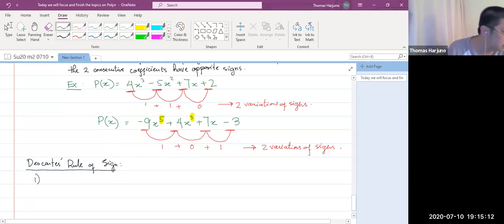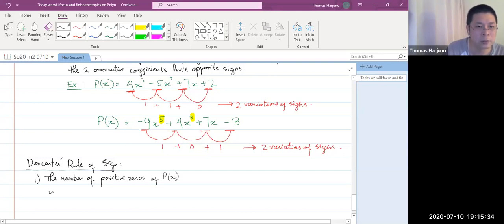The first part: the number of positive zeros of P(x) is equal to